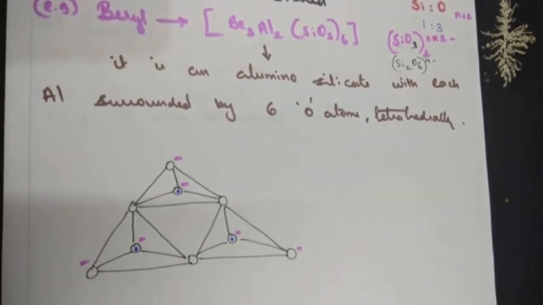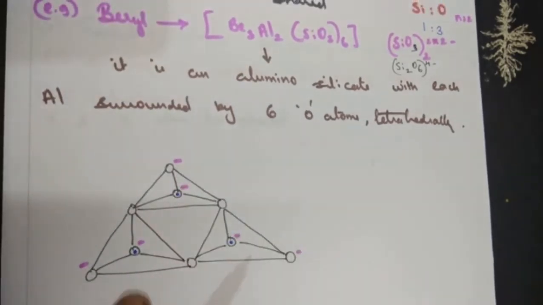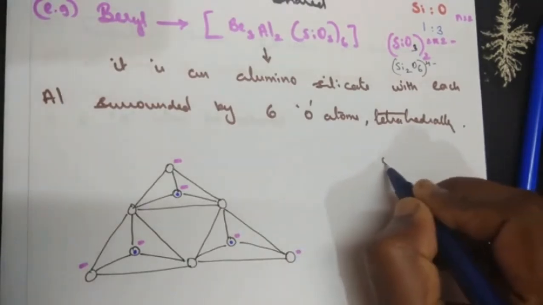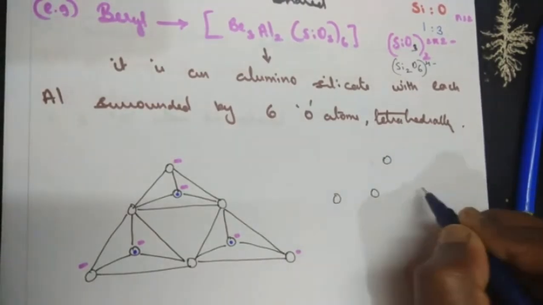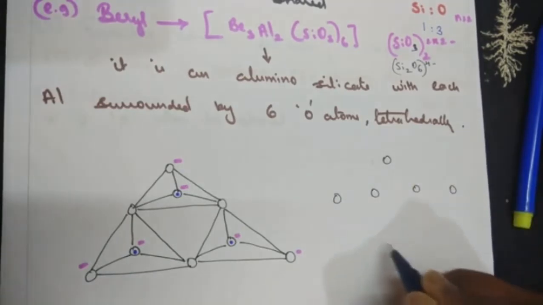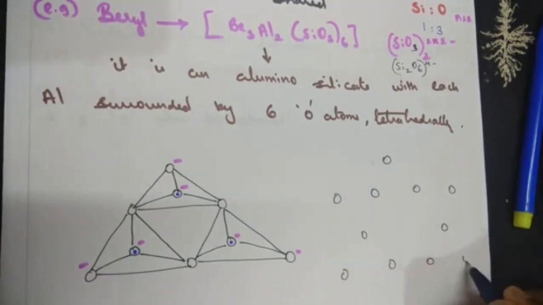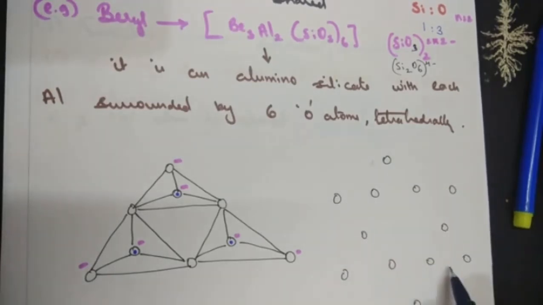The structure of silicates without the charge around them is of no value, no mark. You will be getting it for the exam. The same thing, one more way of showing the structure is also possible. If we take it 1, this line and this line, I have taken 4 atoms of oxygen.